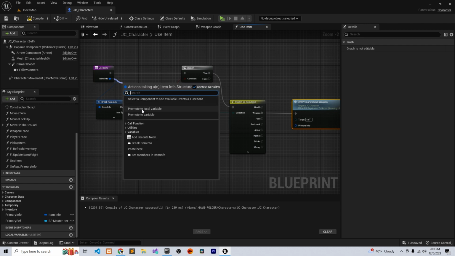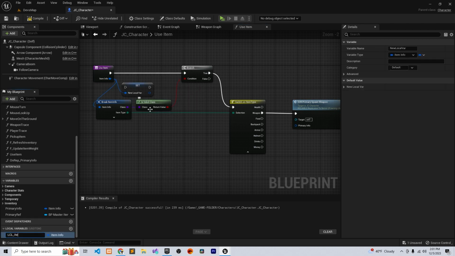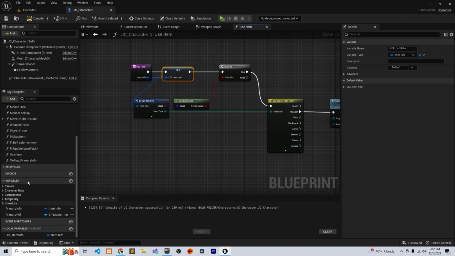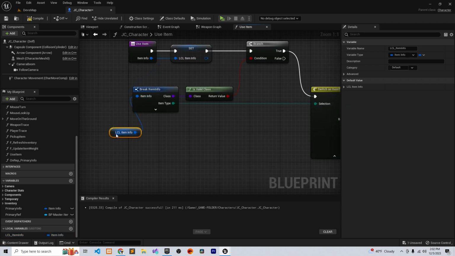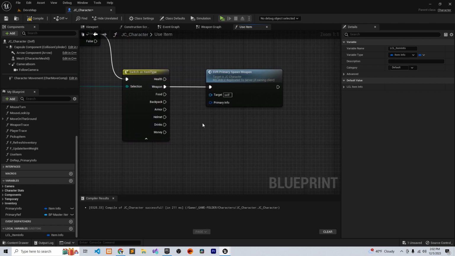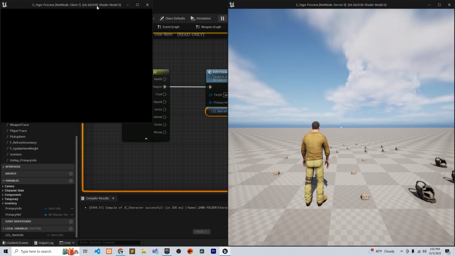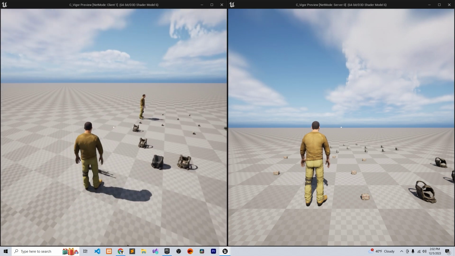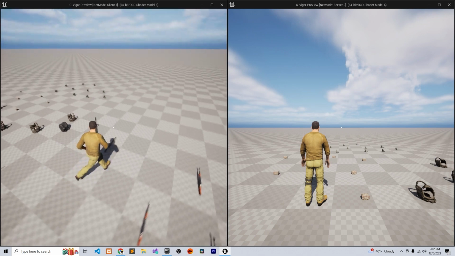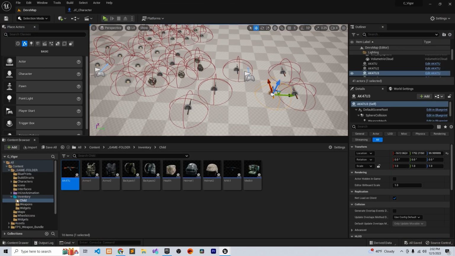You know what, let's promote this to a local variable so that we don't have a lot of wires going on. Let's say promote to local variable, say local item info, and we're gonna set it here and compile and save. Get the local item. Let's just plug this right here to make it look a little bit nice. And we go like this. Now, if we go and check it, pick up. Aha, see? Now we just gotta go adjust the position on the